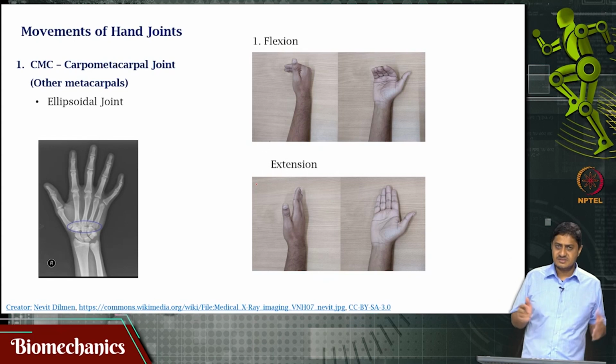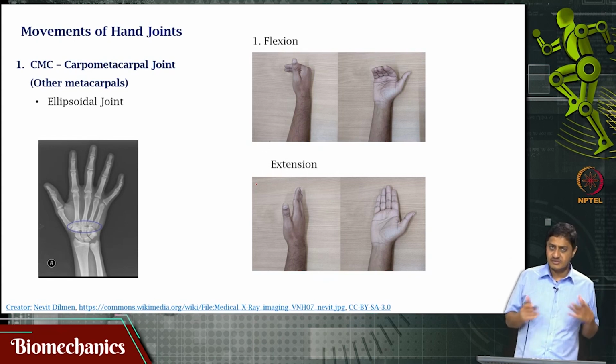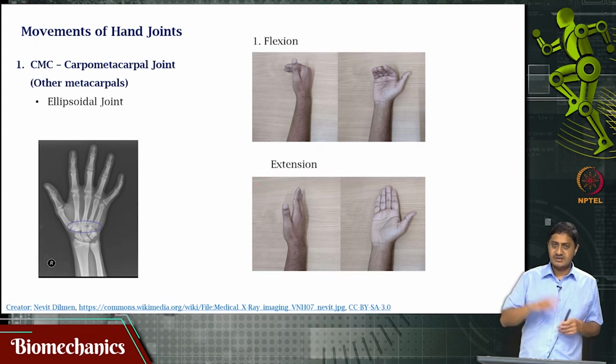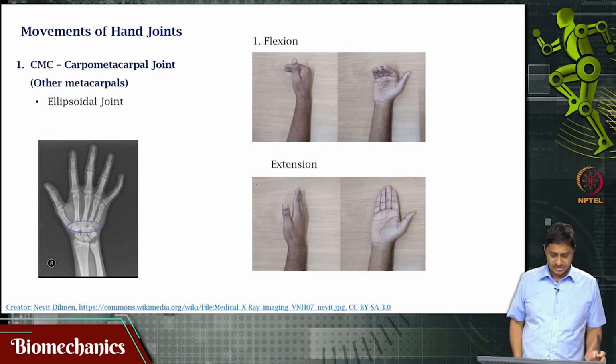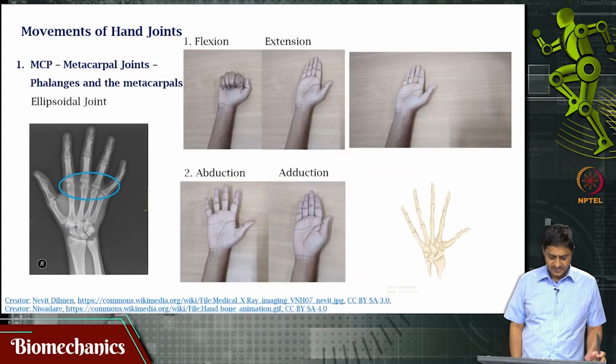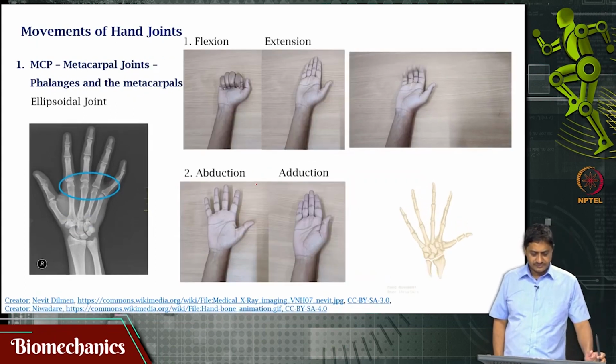A reason is because there is this lack of finger individuation, something that we will discuss in future. So, that flexion, extension is possible. This is again an ellipsoidal joint, this CMC joint. Then you have the